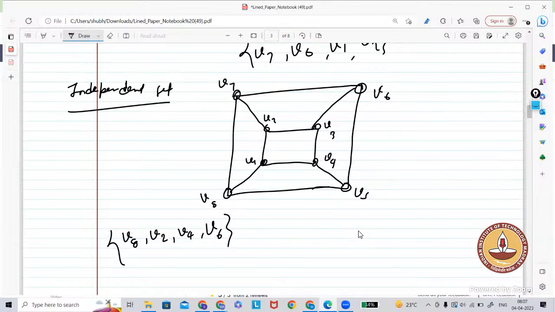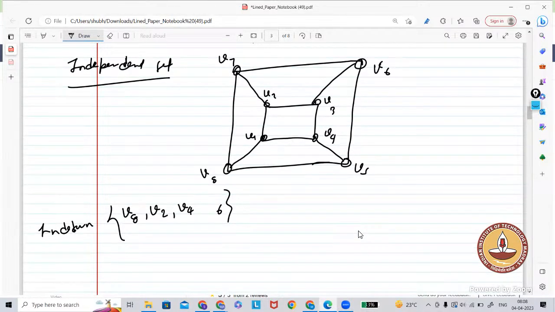independent set. If you see that this is a subset of vertices where if you take any two vertices, they will not be connected with the NH. If you see that V2 is not connected to V8, V2 is not connected with V4 or V6. This is an independent set. So there are more possibilities. Let's say I remove this one. This is an independent set